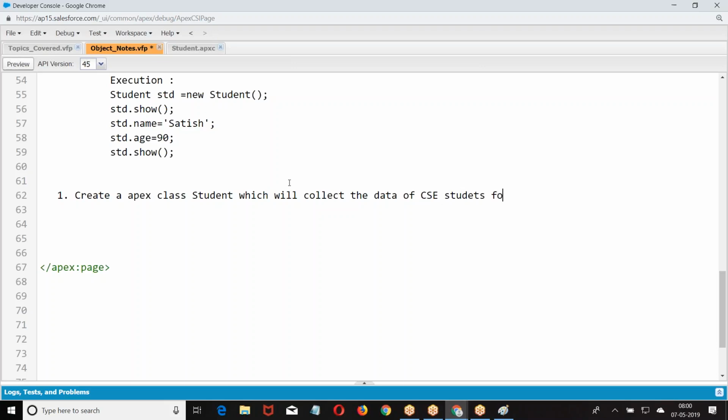The data you have to collect is name, age, branch.